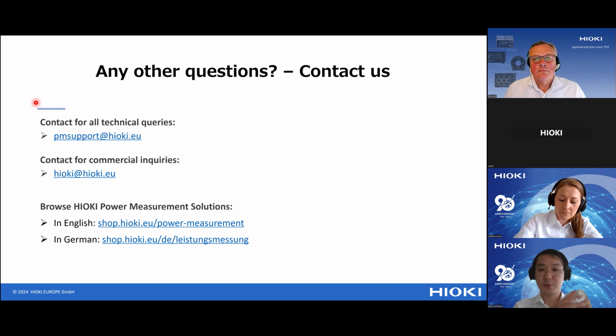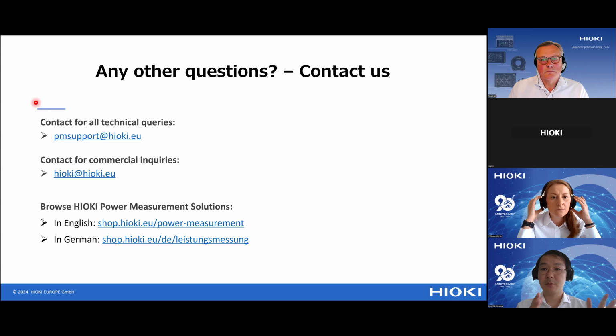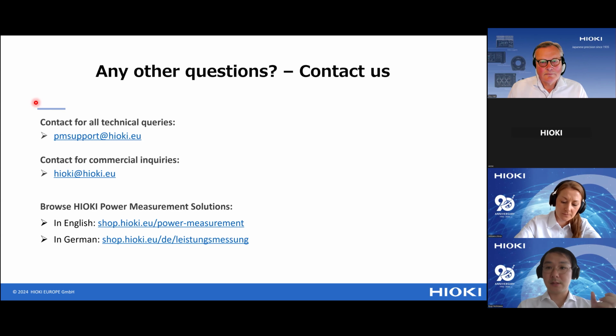If the instrument has 1 mega sampling per second, that instrument is always working at 1 mega sampling per second. But you can change the data update interval, for example, 15 milliseconds or 10 milliseconds. So it depends on what data update interval you would like to set and how many parameters you want to measure. And you can save the data onto the USB.